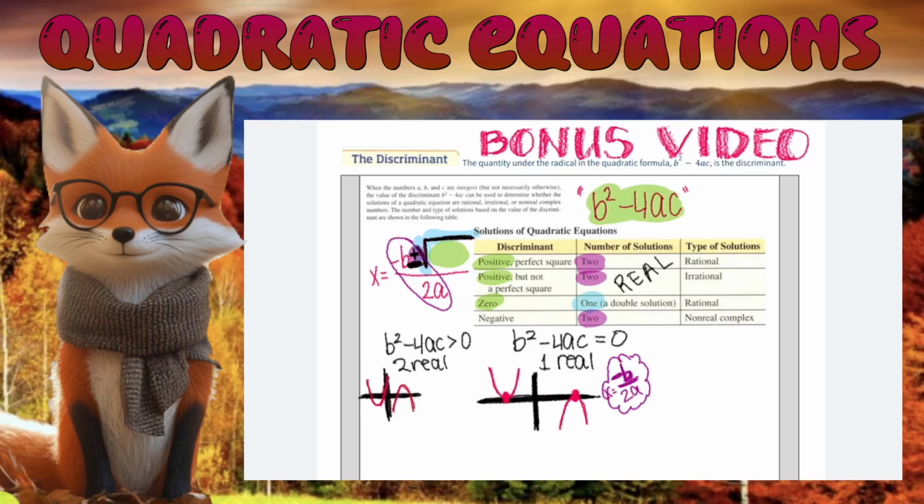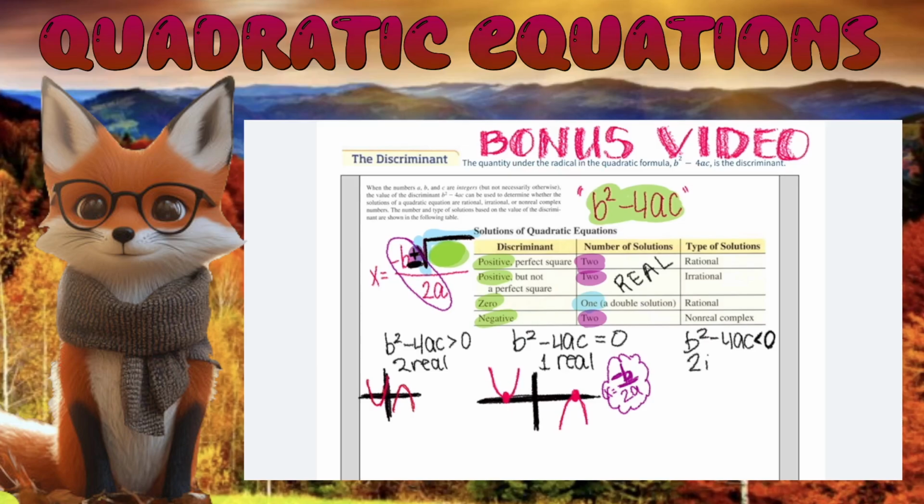And last, if the thing underneath the radical, b squared minus 4ac, is a negative number, so I'll have negative b plus minus the square root of a negative number. Well, what's the square root of a negative number? Again, we'll have two answers because of the plus minus, non-real or complex. In other words, imaginary. That negative number under the radical will come out as an i, and that means you'll have two plus and minus imaginary answers. Key takeaway: if b squared minus 4ac is less than 0,